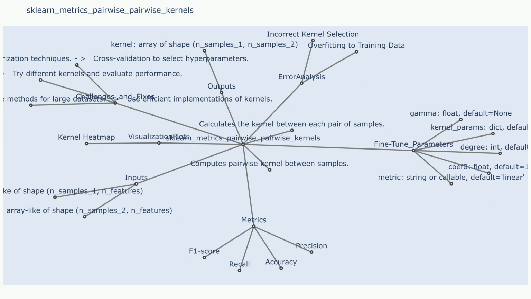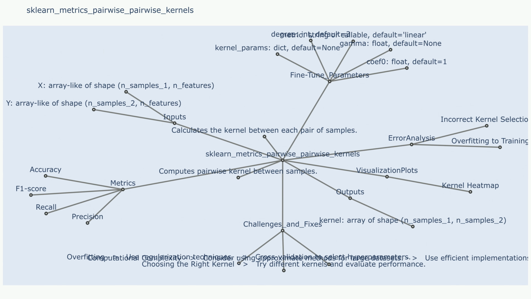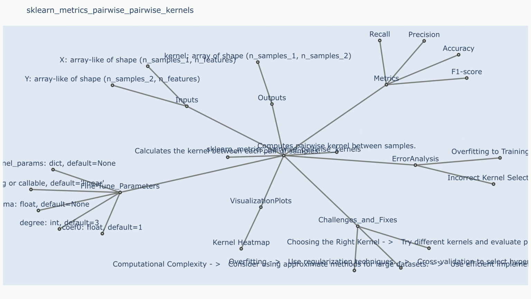Precision, not directly applicable as pairwise kernels calculate similarities, not predictions. However, the calculated kernel values can be used in subsequent models like SVMs, whose performance can be evaluated using precision. F1 score, not directly applicable as pairwise kernels calculate similarities, not predictions. However, the calculated kernel values can be used in subsequent models like SVMs, whose performance can be evaluated using F1